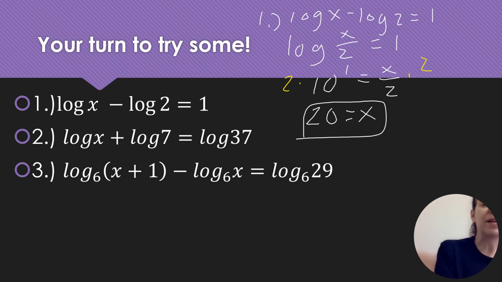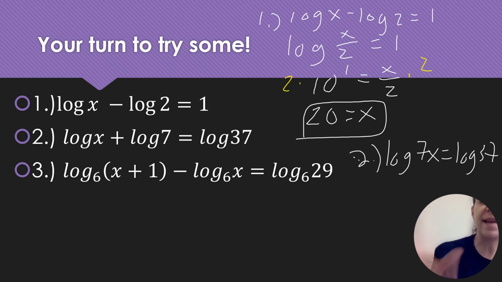All right, next one. I would combine the two logs on the left-hand side. So log of x plus log of 7 would give me log of 7x. So this would be log of 7x equals log of 37. And now I would use the second strategy. So 7x is equal to 37, and divide both sides by 7 to get x is equal to